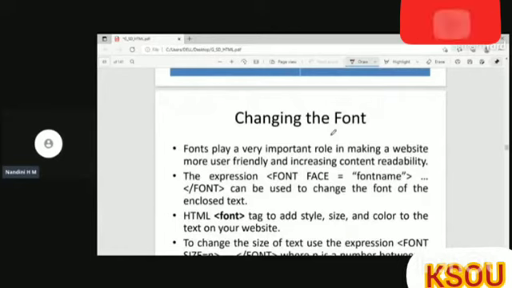Next is changing the font. In order to change the font, in the word processor, we have different styles, right? Times New Roman, Algerian, etc. And we have different sizes, starting from 8, 10, 12, right? And we can even change the font color. Likewise, here also we can change the font style, font size, font color, etc. But for all that, we have to use font changing tags.